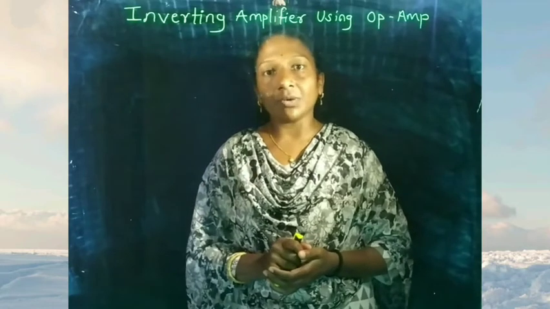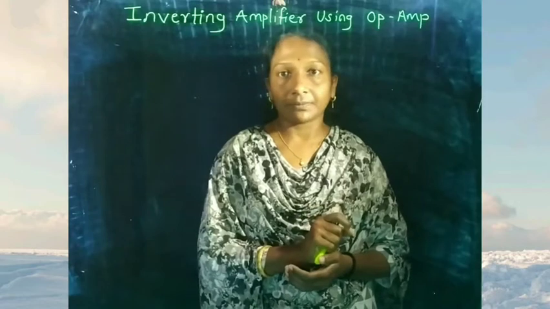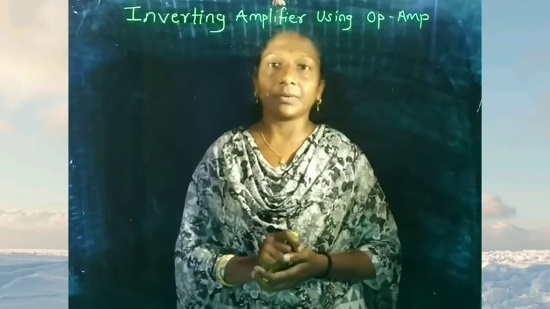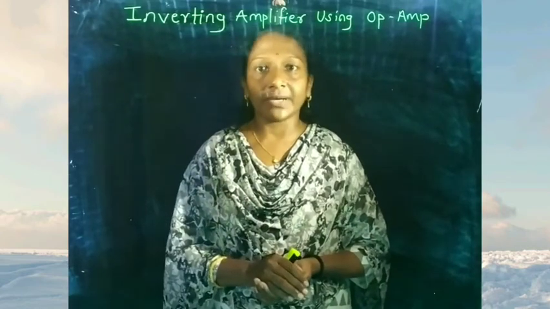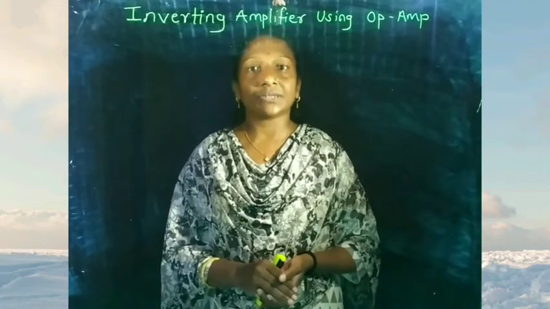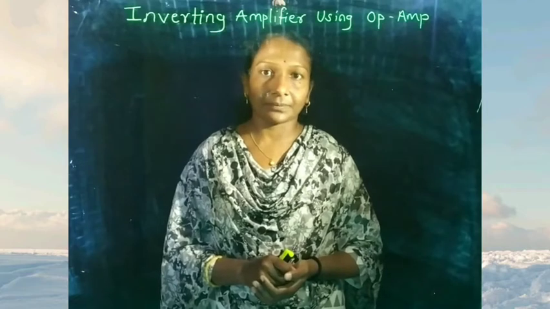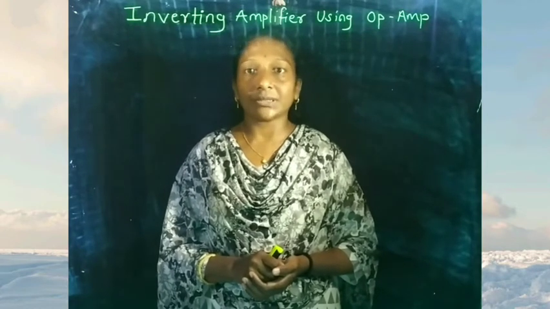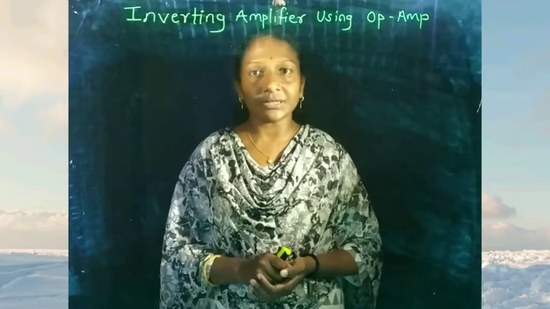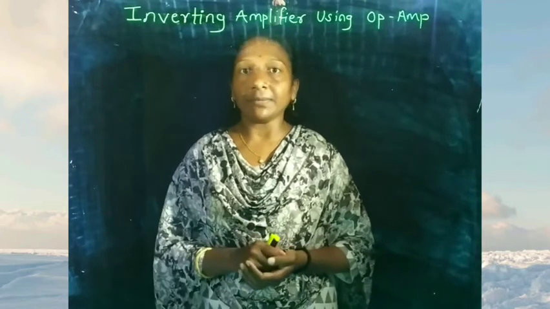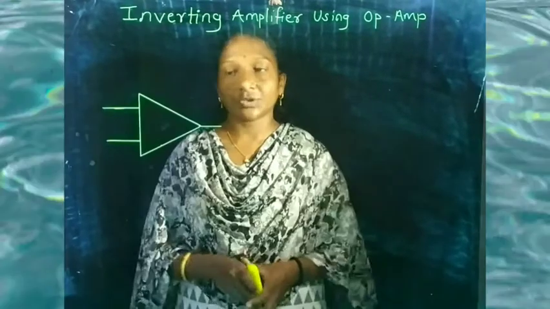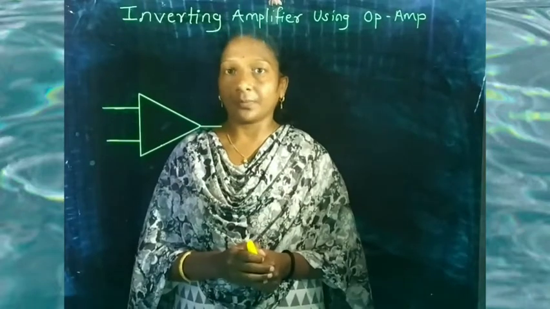And most commonly it is referred to as op-amp, OP-AMP. OP for the operational, AMP for the amplifier. In this topic, we see the symbol of the operational amplifier and how this operational amplifier is used for the inverting amplifier. So let's draw the symbol of operational amplifier first and then the circuit diagram for the inverting amplifier. So here is the symbol of op-amp.